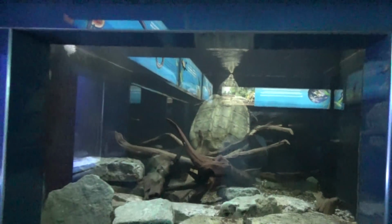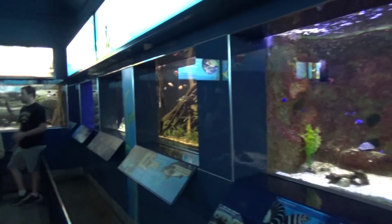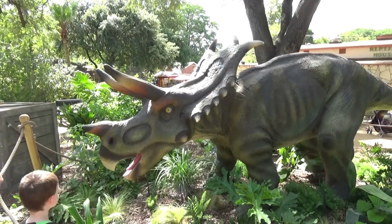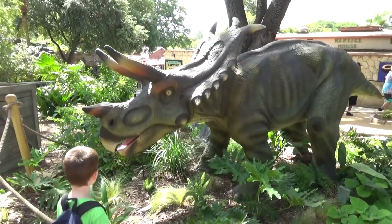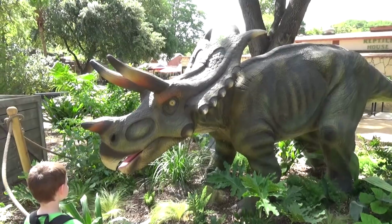Near the front of the zoo is a small indoor aquarium area, complete with an alligator snapping turtle and a couple other small aquarium type exhibits. So the big promotional item at the zoo this summer is Dinosaurs and Zoorassic Park. They've got animatronic dinosaurs scattered all over the park. In this clip here, we're going to show you all the different ones in the zoo, starting with here,